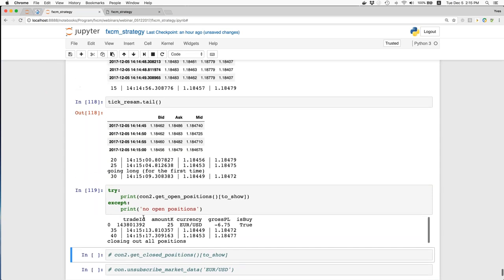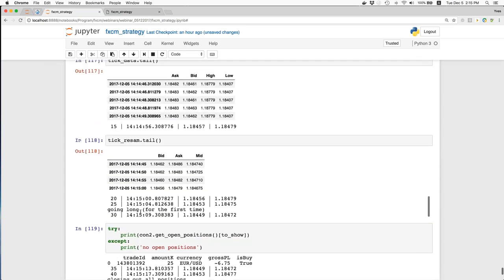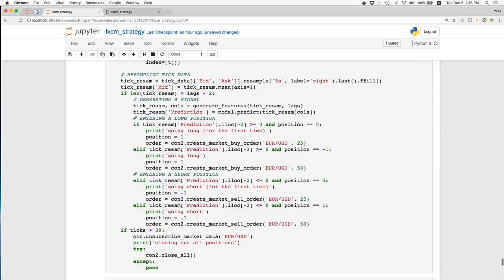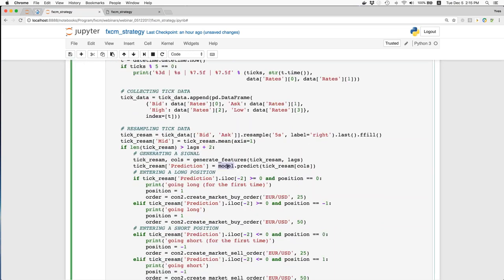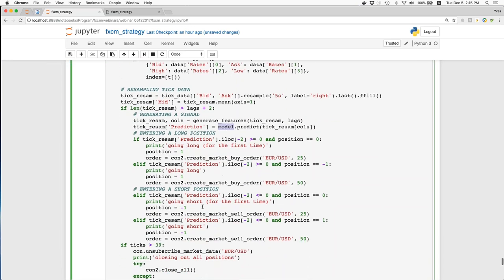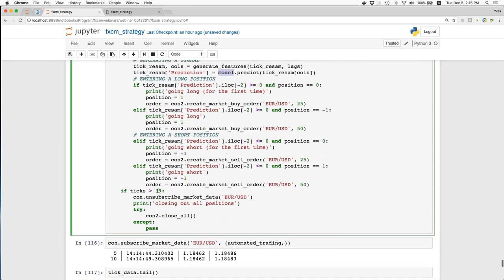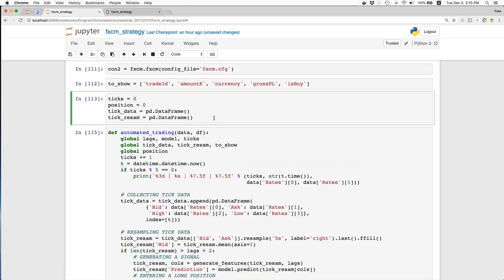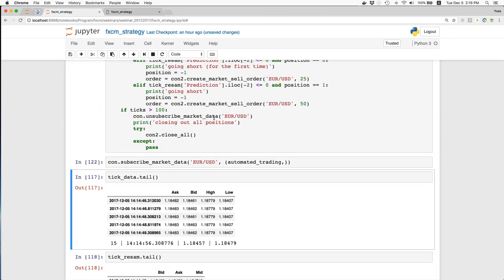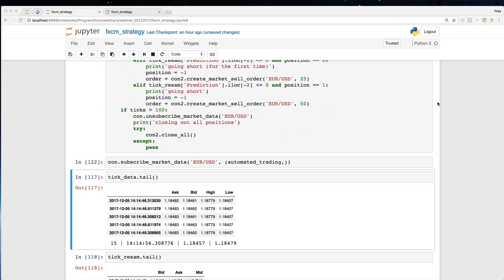So we've now seen in a rather short period of time all the elements, namely getting started, having the model as input. We collect data, we resample the data, we use the model for prediction, and then check the positions and create orders. Maybe I go here and let it run a little bit longer, let's say for 100, because we have a few minutes left. And I need to reinitialize this here so that we see what is happening. In the meantime,